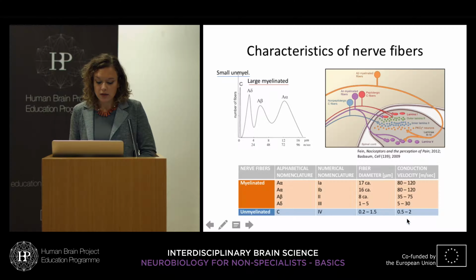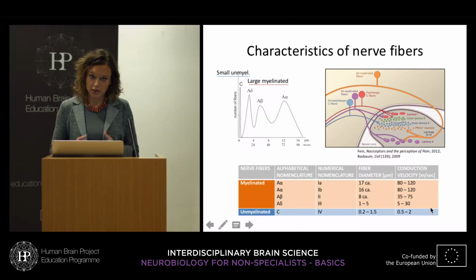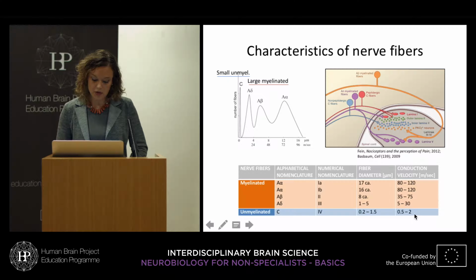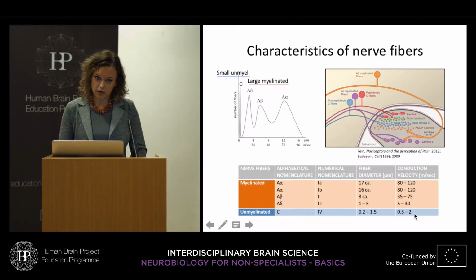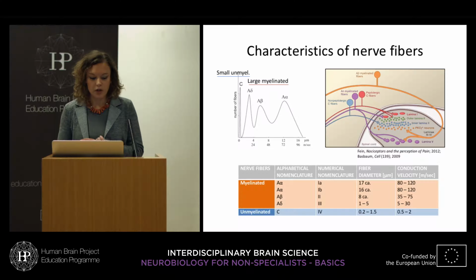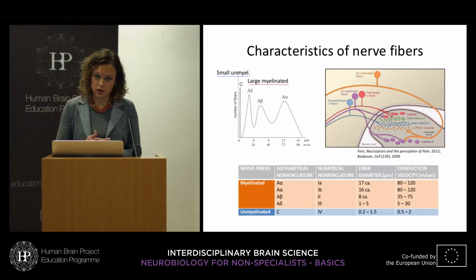This is important for their conduction velocity. The bigger and more myelinated the fibers are, the faster the conduction velocity. While the C fibers, as you can see here, have a slower conduction velocity, from 0.5 to 2 meters per second. This means that when a signal comes, the first fibers that generate the signal